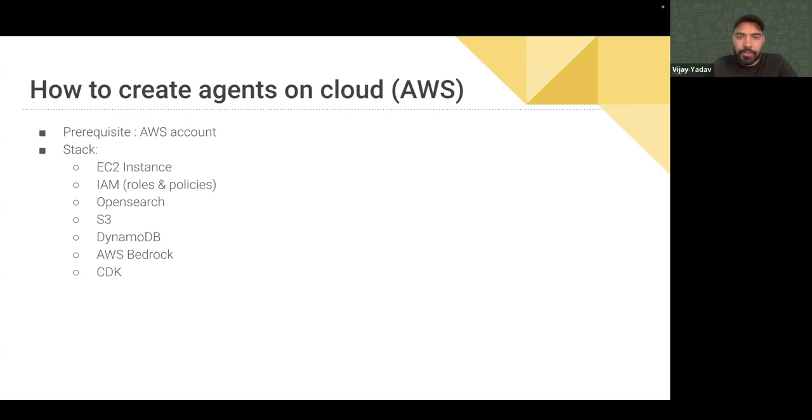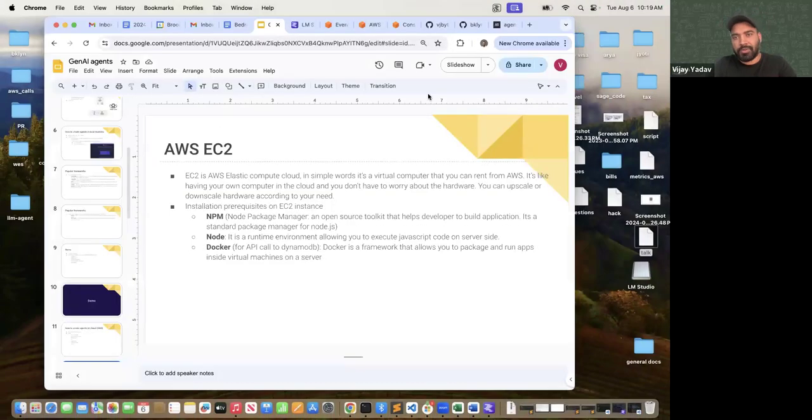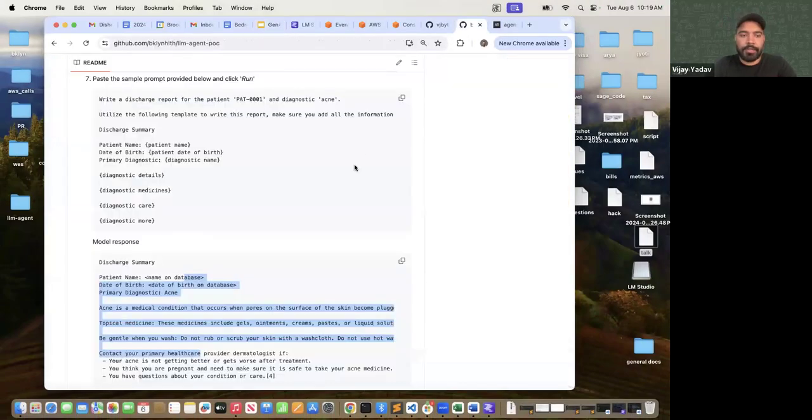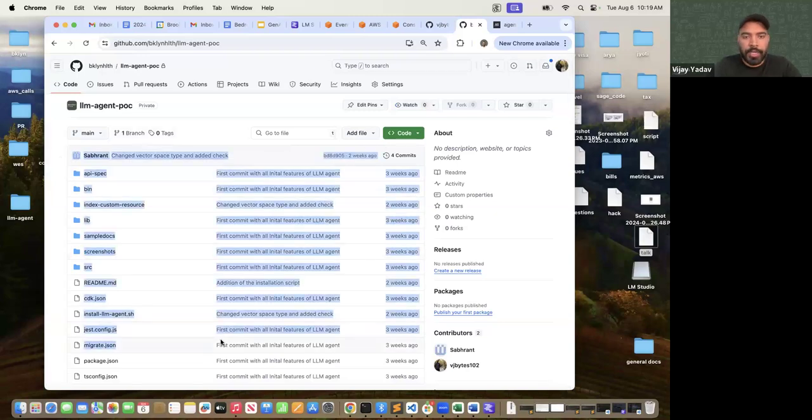The stacks which I'm using to prepare this agent are EC2 instance, IAM roles and policies, OpenSearch, which is a vector database, S3, which is a storage, DynamoDB, AWS Bedrock, and CDK. I will briefly give you what all these services do, just to get a basic understanding behind it. But before that, I'll show you